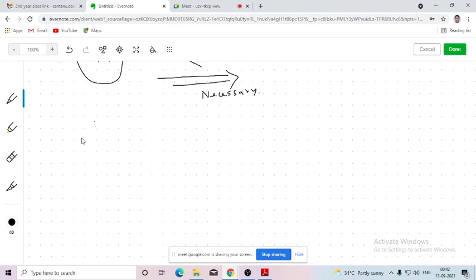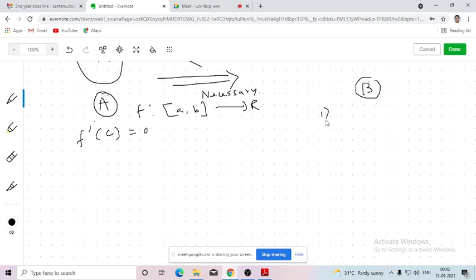Okay, I am writing. There are two sets of conditions. One condition is f dash equals 0, and another set of conditions is, the given function is defined on the closed interval [a, b] to the set of real numbers R. That means the domain is the closed interval and the codomain is the set of real numbers. So A is the condition that f dash is 0, and B is the collection of conditions where it is given that the function defined from [a, b] to R should be continuous